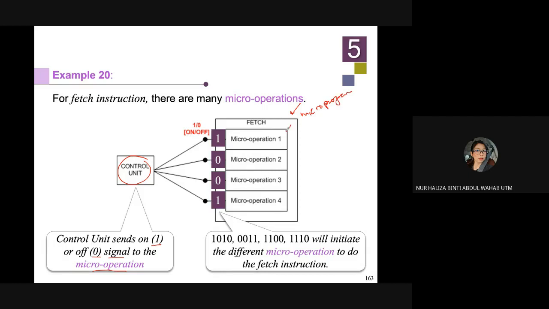In your microprogram, there is micro operation 1, 2, 3, and so on. Let's say this one is the adding process, this one is the minus process, this one is multiplication, and lastly is your division. So when your control unit instructs you with a value, it sends 101 or 1001 to your